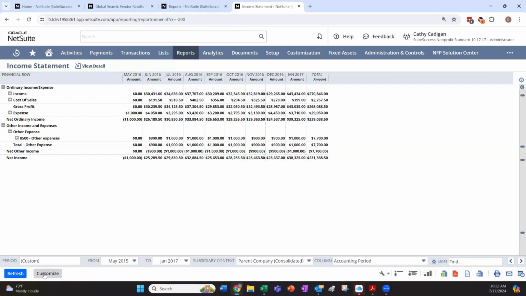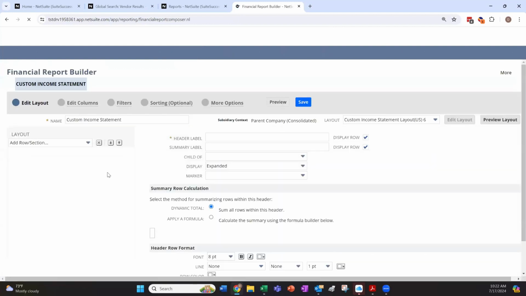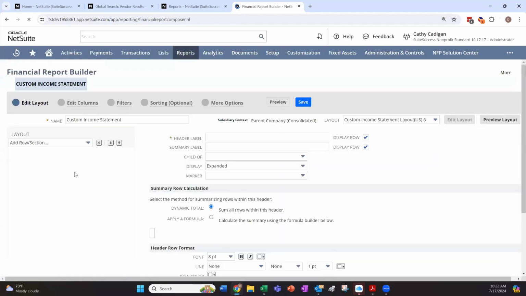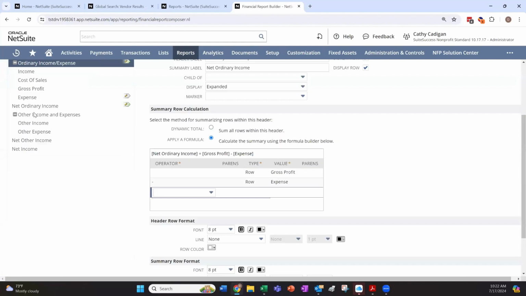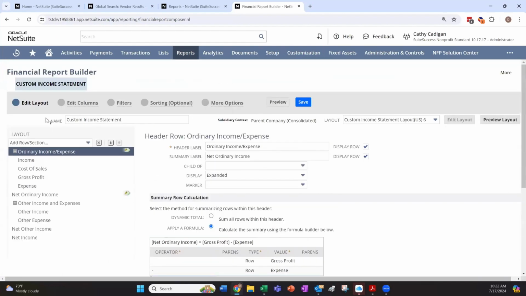You can customize reports. There are several ways to do this. What I talked about in the slide was editing the layout, okay? And this is only on financial reports, but it's really powerful. You can create your own custom reports and change the layout. You can see this layout is standard based on account type. It's going to do all your income accounts, then cost of sales, then gross profit, expense, other,